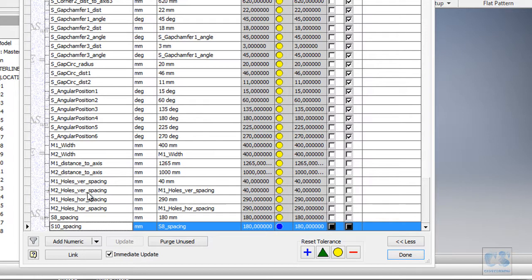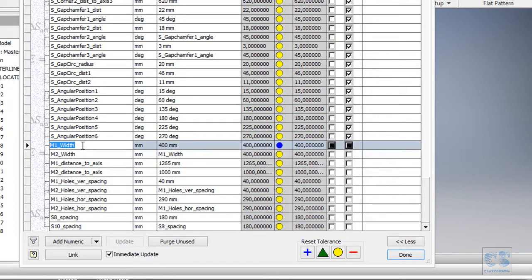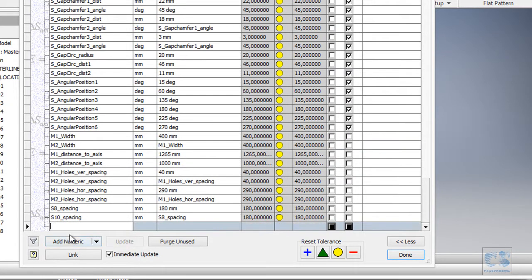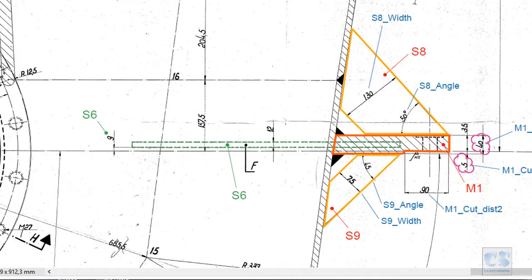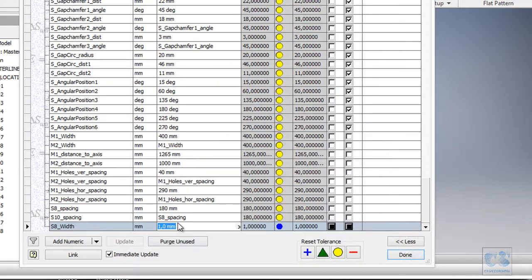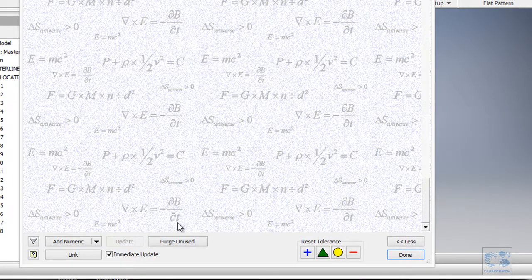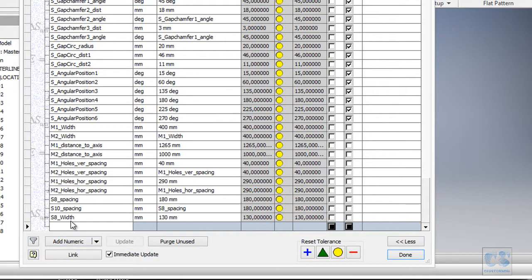So it seems to be too much work, but you will see it will pay off when we start working on the part. So you just have to have some patience when doing this. So this value is 130, and we will have S9. Maybe let's just copy this and paste it here.